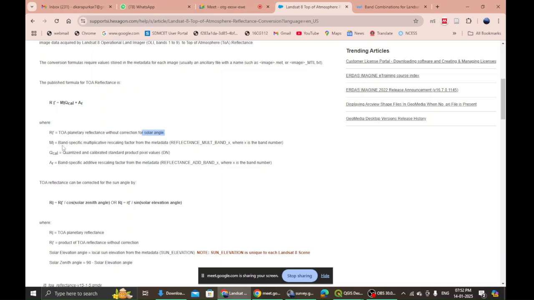So what is the equation? It says M, which is the band specific multiplicative rescaling factor, and it will be seen as reflectance underscore mult underscore the band number, whether it is 1 or 2 or 3. QCal, that itself is our band. Then A, the band specific additive rescaling factor, which will be written as reflectance add band. Right now, if you have not understood anything, don't worry, just